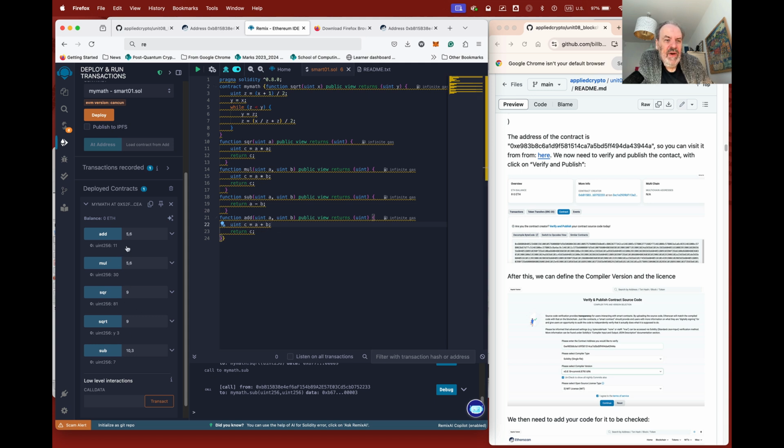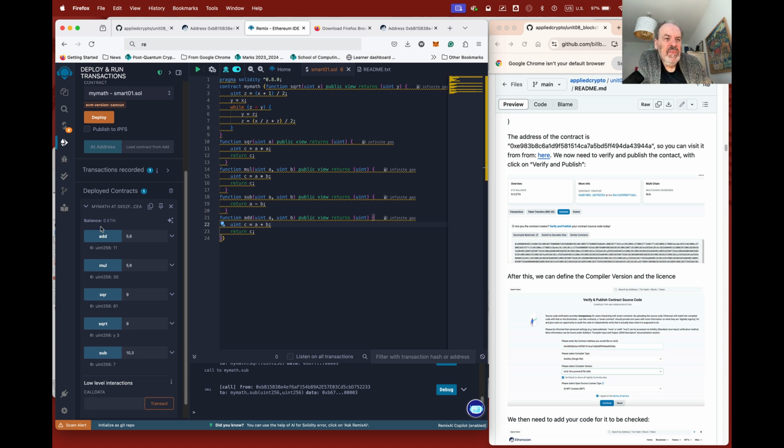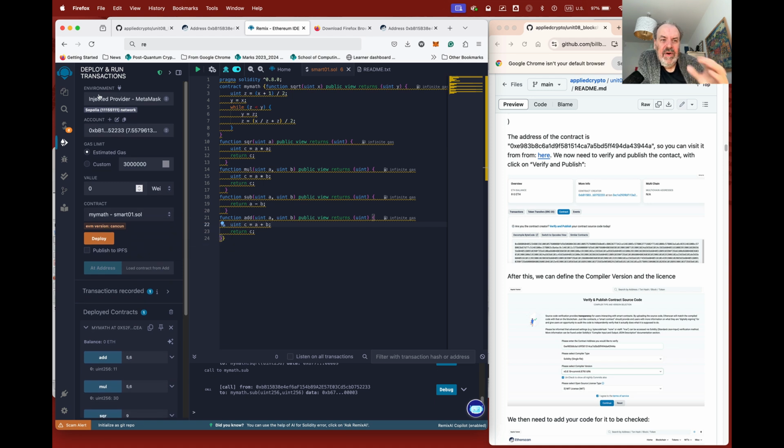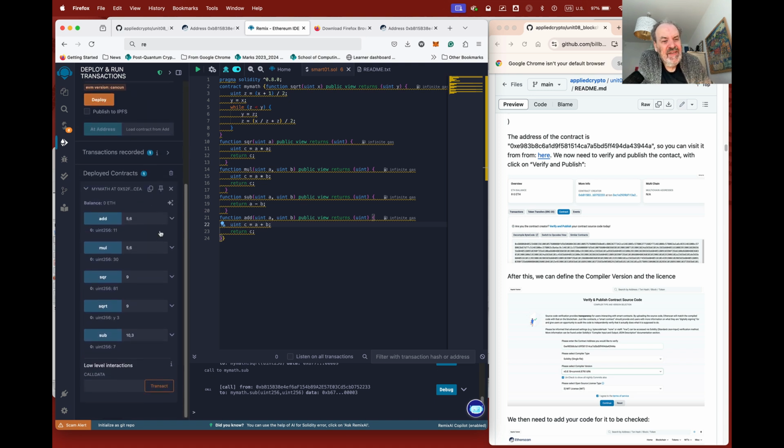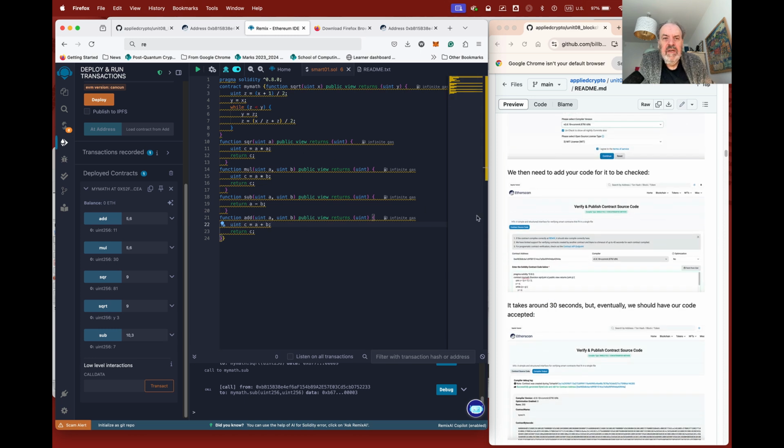it's working well there. The other way that we can do this is that we can run Ganache, and for this we would link to our Ganache environment here. But what I'll do is I'll just get it set up so that we can use the real test network. Okay, so that's our